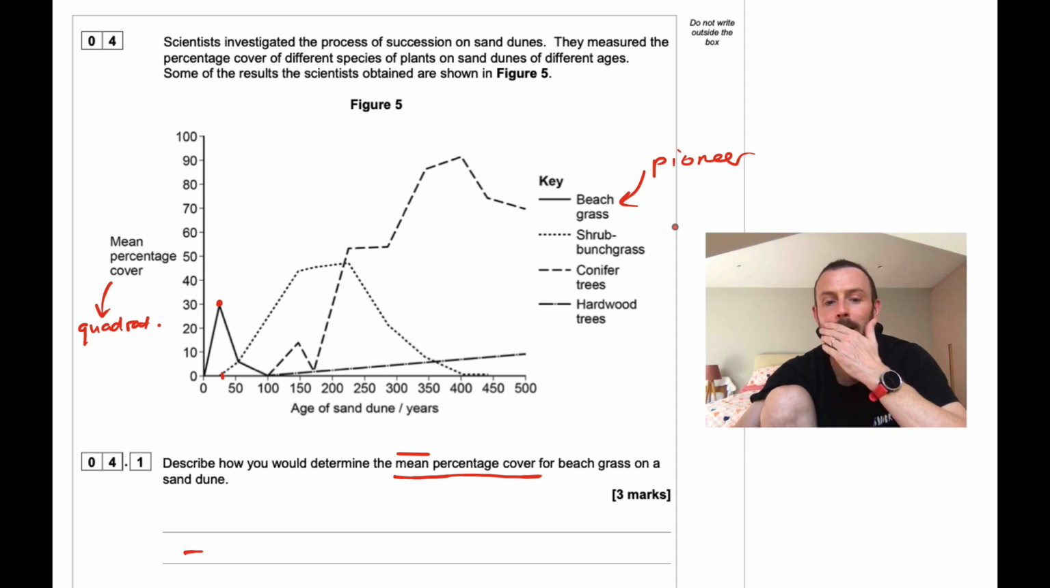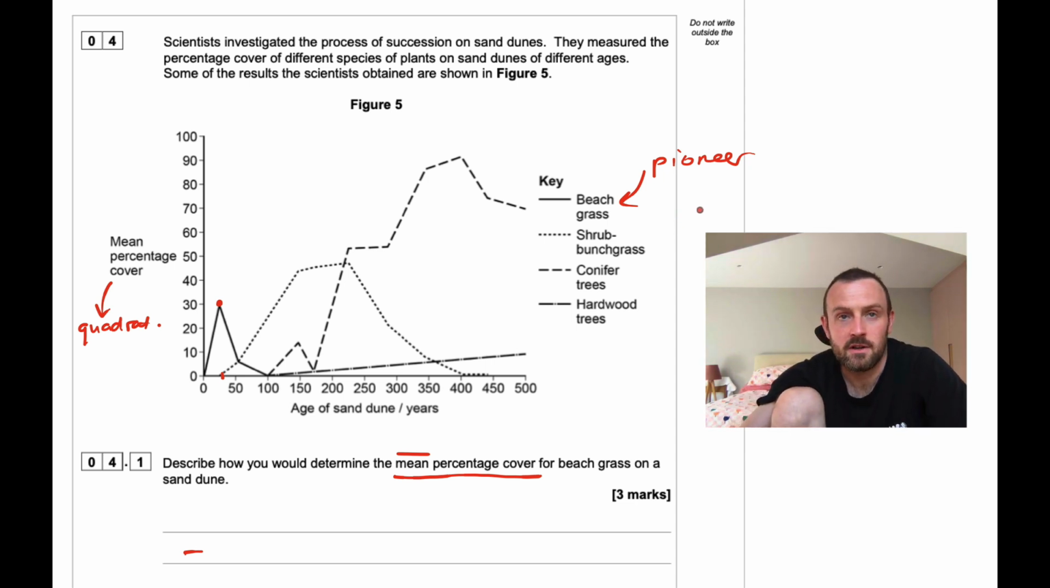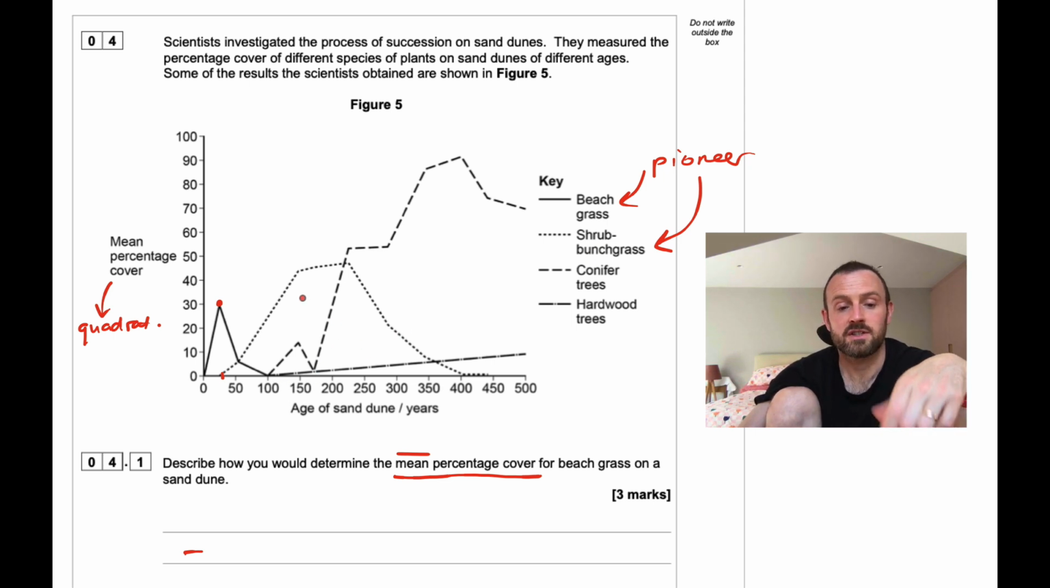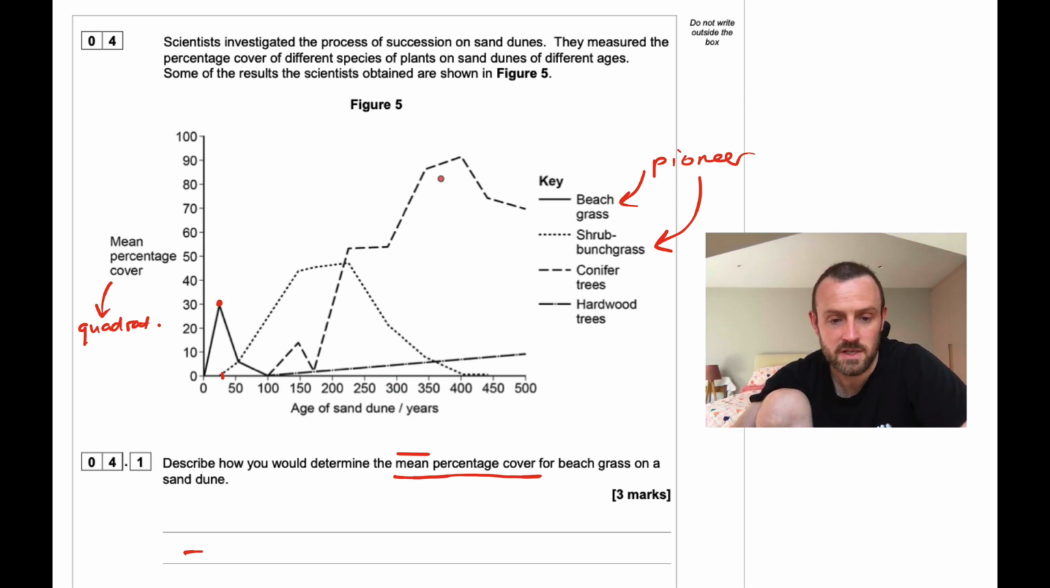You could then say this pioneer species starts to change the character of the dune, maybe causes the dune to have more minerals in the soil, and that allows other species to come in. And then talk about the second species. Shrub bunchgrass is a transitional species that becomes very abundant and changes the character of the sand dune, changes the nutrient levels in the sand, so that then conifer trees can come in. As the conifer trees come in, they outcompete, this is key language, they outcompete the shrub bunchgrass, so that the percentage cover of shrub bunchgrass goes down, and the conifer species become dominant